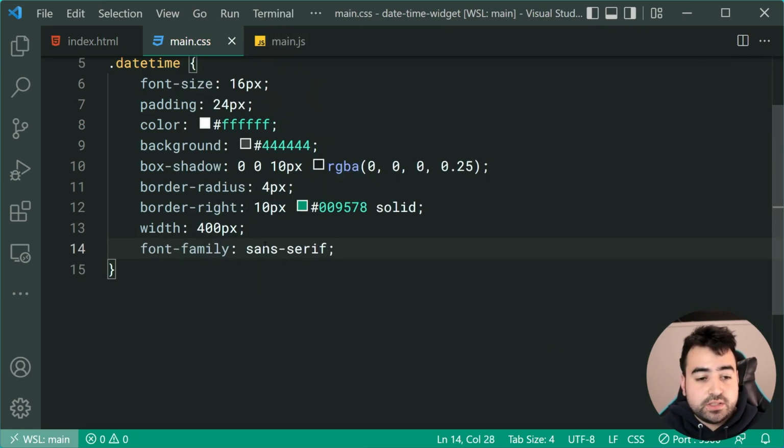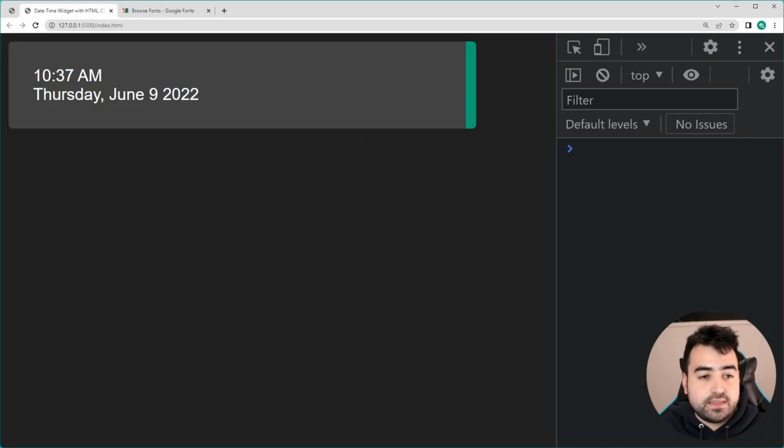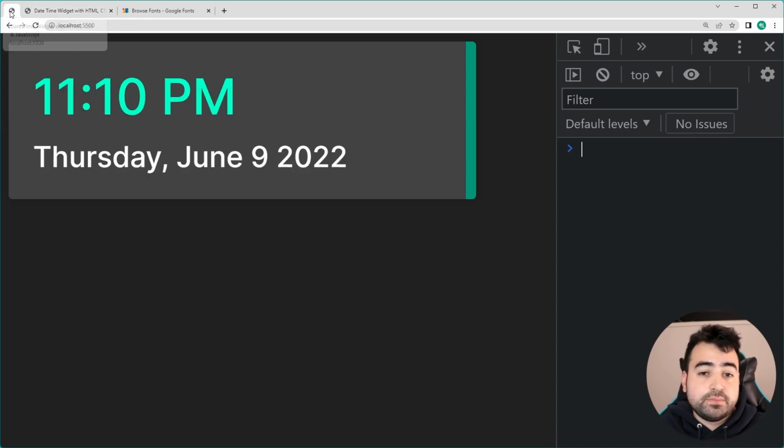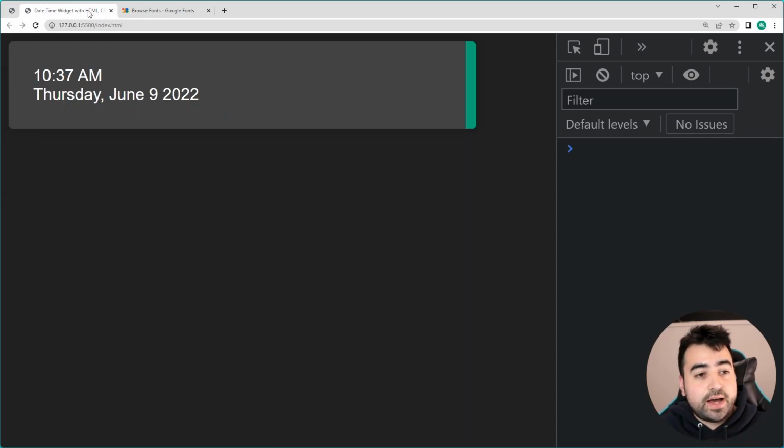We're going to be changing the font family once we're done with the CSS and load in a custom font from Google Fonts to make it look a little bit nicer. But for now, we'll just say sans serif. I'll save this, go back in the browser, and we end up with this right here. As we can see, if I go back to the example, it's the same width, but the font size is so much larger in the example, so we can now update the font sizes to, of course, reflect what they